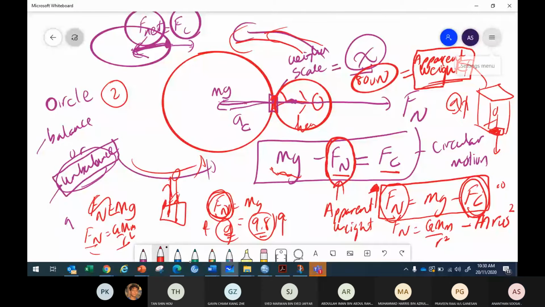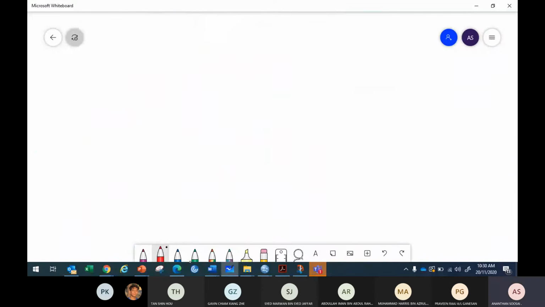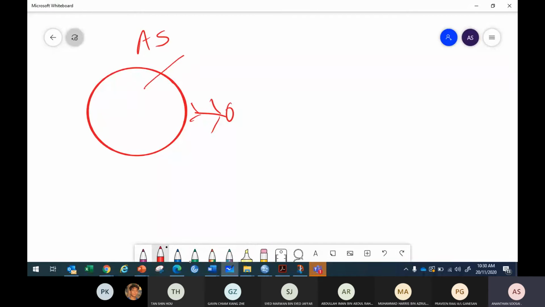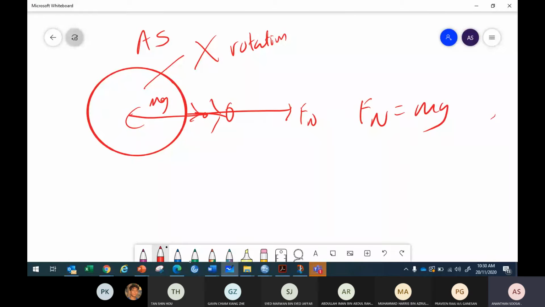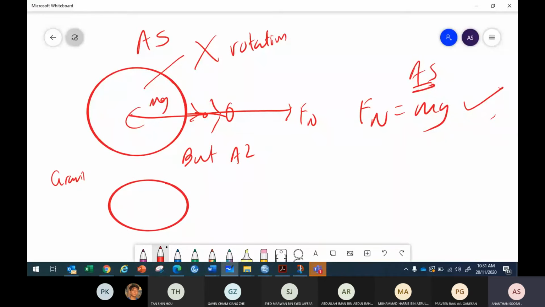So, conclusion, let me clear this. In your AS, you stand at the equator and we never consider the Earth's rotation. We said Fn is the same as mg. That's what we use in AS. But now in A2, only in the gravitation topic, because we are considering that Earth is rotating,